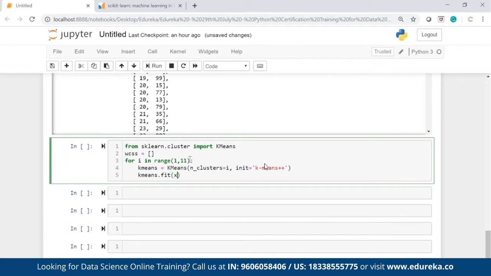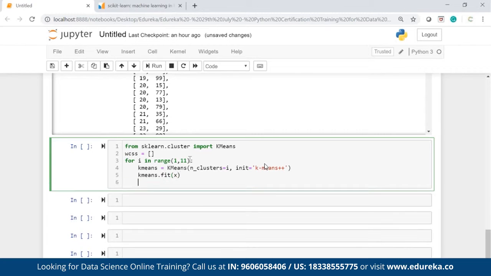I want to fit X, which is salary and spending score. Once that is done, we have WCSS.append. What is WCSS? It is an empty list. Append kmeans.inertia_. So this will help me to find the Euclidean distance which we discussed. One centroid, find the Euclidean distance from all, give me the sum of value. Two centroids, Euclidean distance of two centroids and the points in that cluster, sum up, will get the value. Then three centroids, then four centroids, and so on